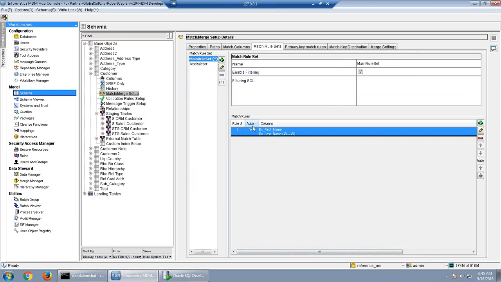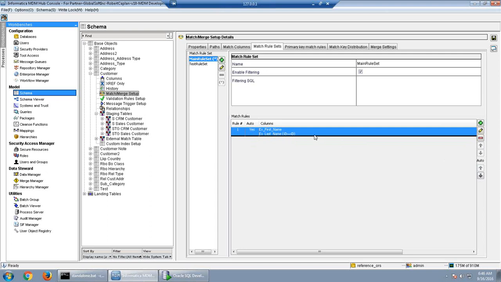And then the third thing was the auto option. So when we are 100% sure that whatever records are getting matched on this particular rule is always correct, then I can go for auto merge. So this is merge basically, auto yes or auto no. That can be changed from here on the down arrow button. Using this arrow, I can make this rule as no, or I can make this rule as yes.